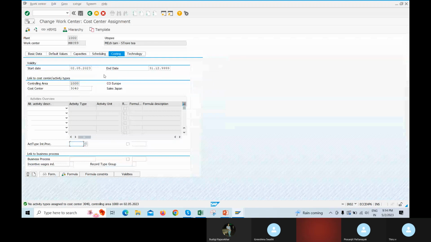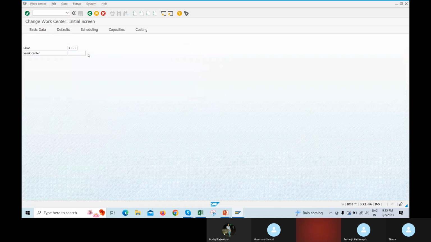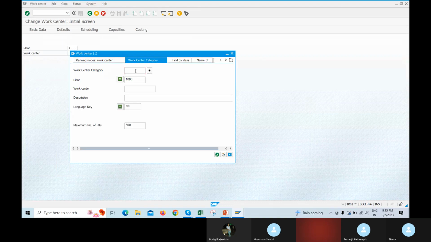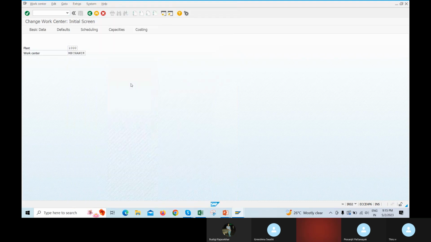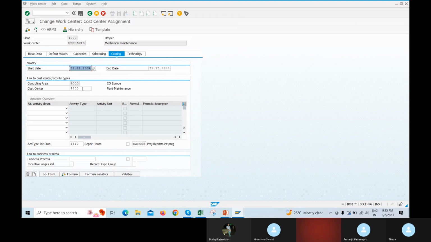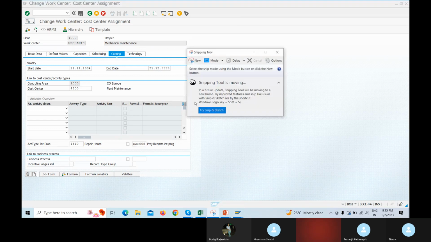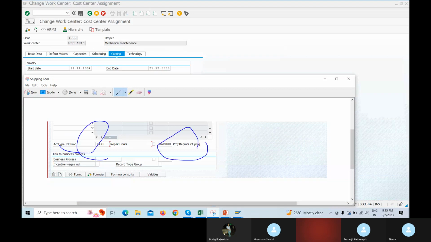Here it will have the proper data. You can see the cost center, the activity type, and the formula. These two are very important fields that I told you during the work center discussion.